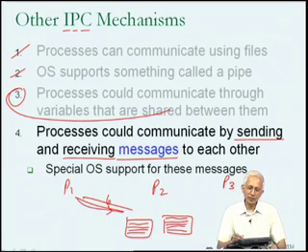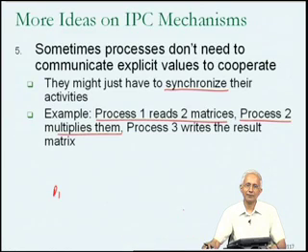Now, what would happen if process P2 started doing the multiplication before process P1 finished reading in? It could be the case that process P1 has read in all of the first matrix to be multiplied, but has not finished reading in the second matrix, in which case the values within the second matrix could be garbage values. If you're lucky, they may be all zeros. So if process P2 starts doing the multiplication on the data before all the data has arrived, then the result will be meaningless from the perspective of the task at hand.